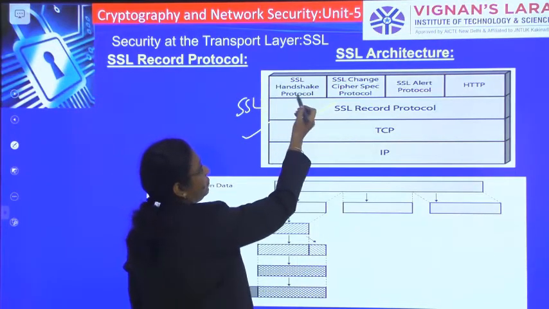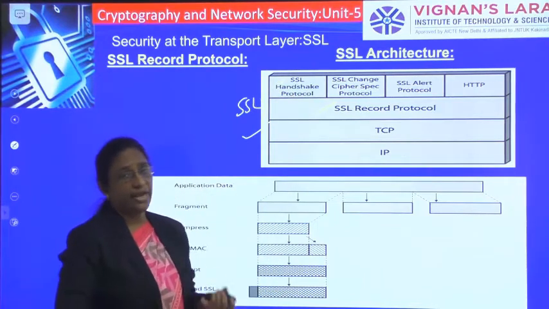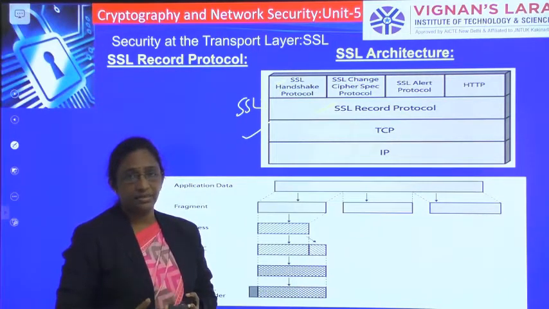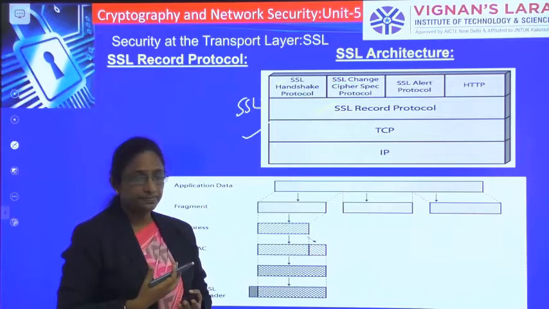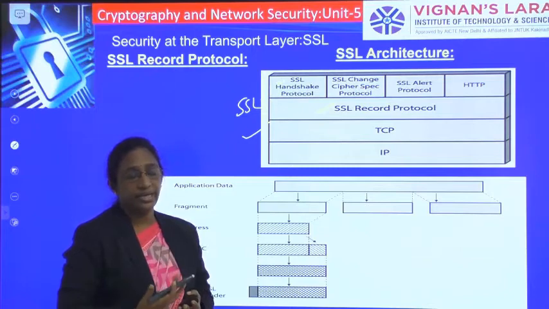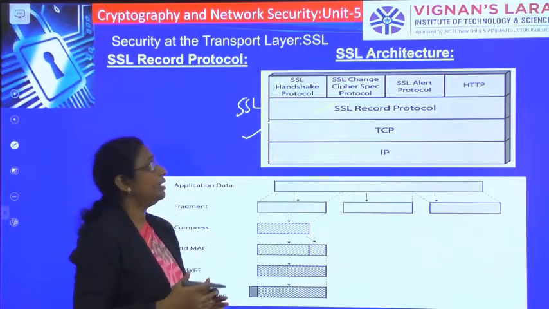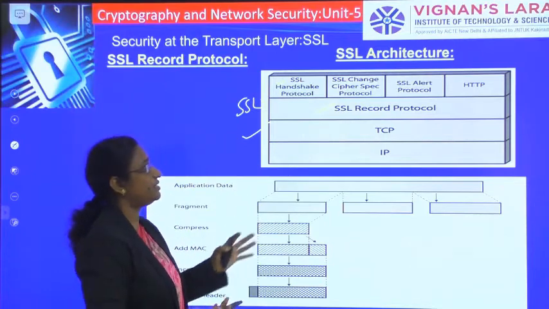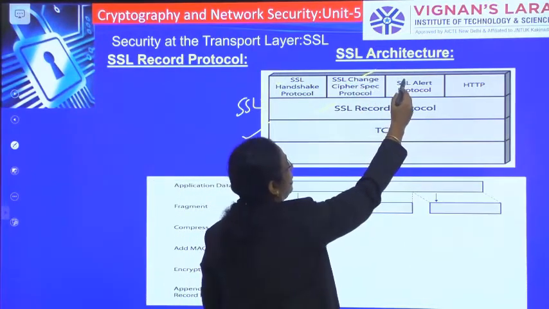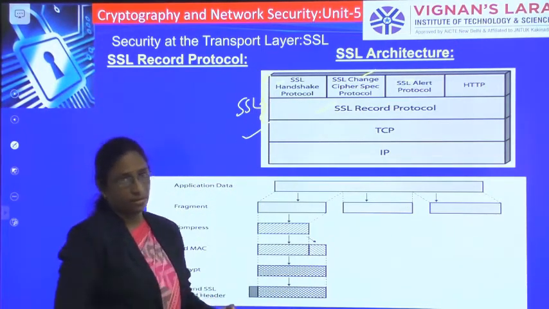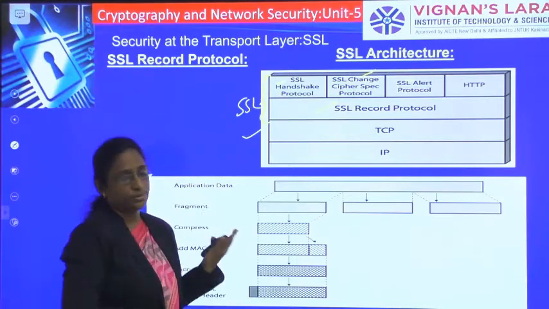Above this you have the handshake protocol, which is used to negotiate between the client and the server what cryptographic algorithms and key exchange algorithms they have to use. Similarly, you have the change cipher spec protocol and the alert protocol.